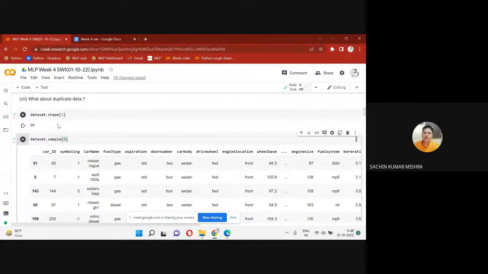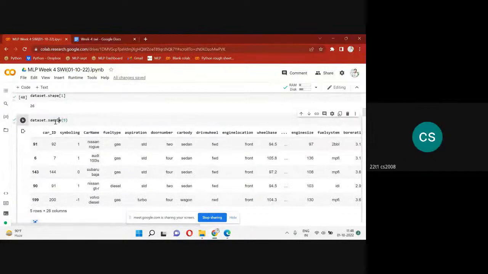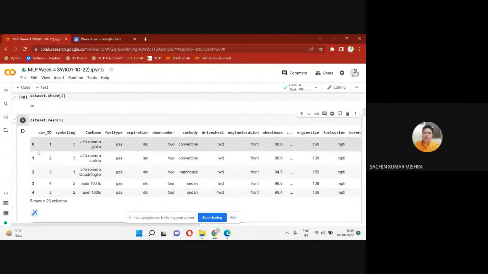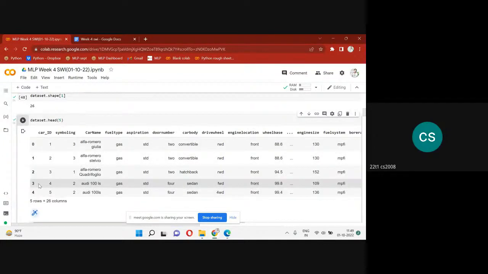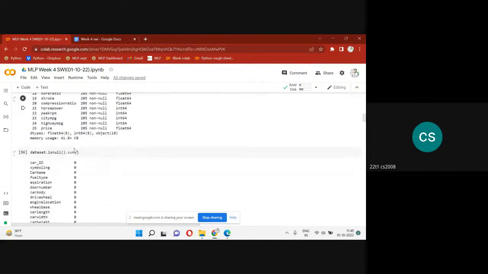What the dataset contains. The same things appear by running this command. From the dataset, I am selecting five random samples. If we are using dot head, it will give me the first five samples. You see it's the index, 0, 1, 2, 3, 4. Yes, that is what it will give. And dataset.info will give you the